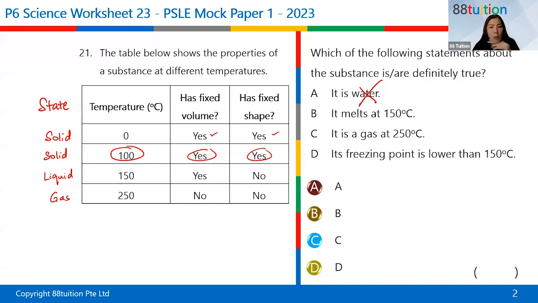Who else? Andre, what do you think? Sharia says it could have melted even earlier. True. Before it reached 150, right, Andre? What do you think, Andre? Can it be 149? Possible. Can it be 148? Possible also. Good. Okay, so this is not true. So when you write reasons,